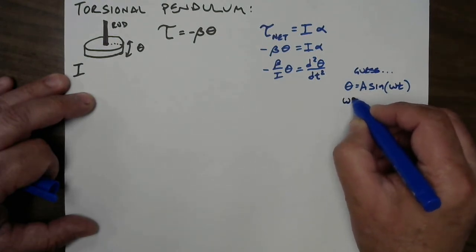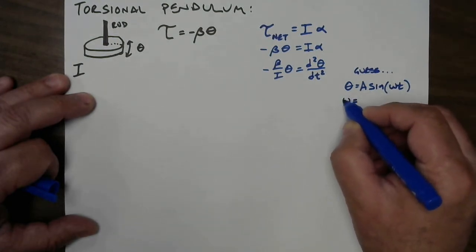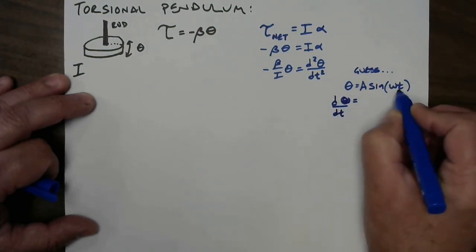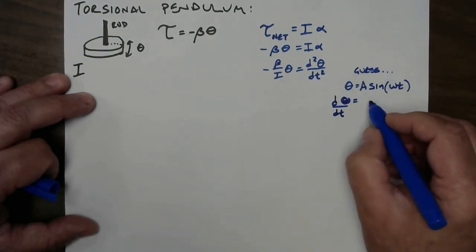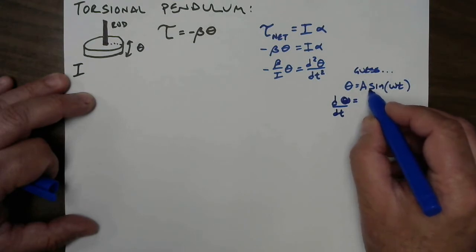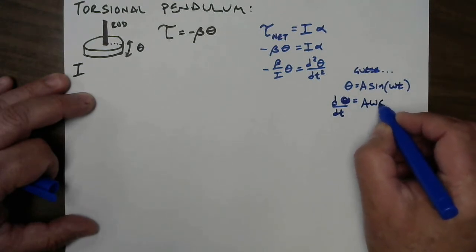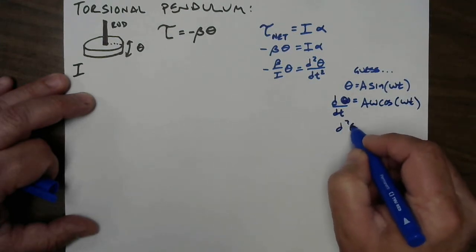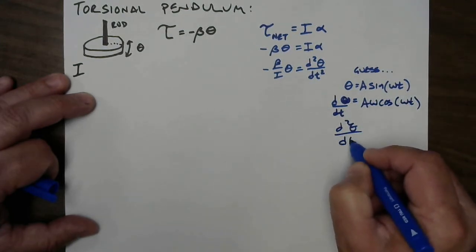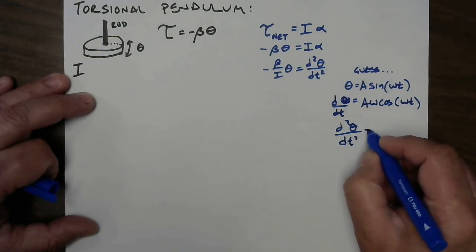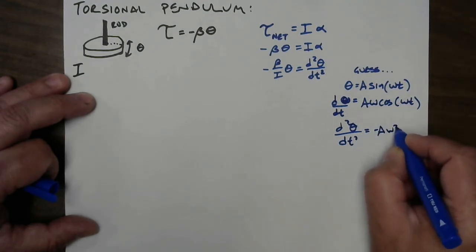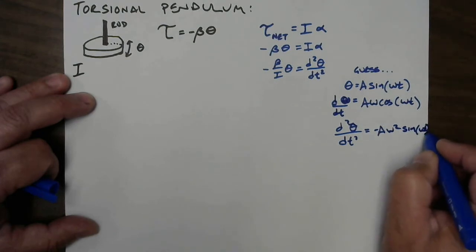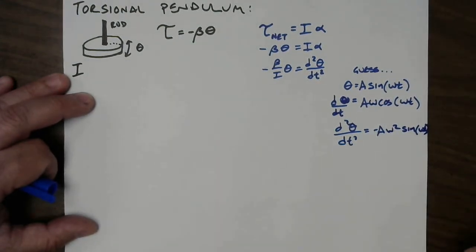Okay, that means that omega, and okay, now this is going to be a problem. I'm going to say d theta dt, because we got an omega here. Unfortunately, we use the same letter. So d theta dt is A omega cosine omega t, and then d squared theta dt squared is going to be minus A omega squared sine omega t. Oh boy, I didn't leave a lot of room. All right,